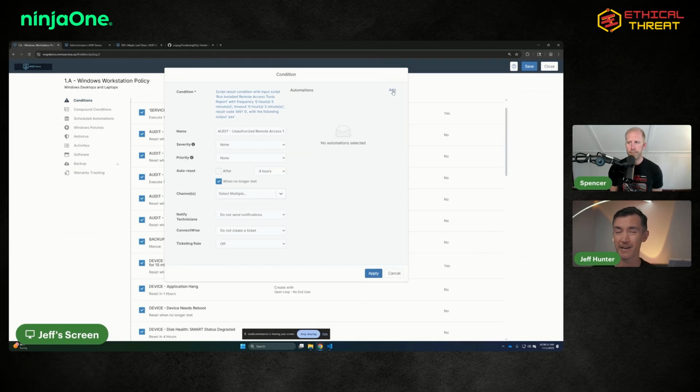But typically with this alert, I think this is a situation where I'd want there to be uninstallers easily present for common remote access tools, but I still probably want to go ahead and have a human being look at this and use their brain and make a decision before just automatically removing remote access tools. That's a conversation that I think is great to have, throughout your organization or with your client, so that you're all on the same page here. I know there have been times where somebody says, "Hey, I'm being very secure and I'm removing this application that nobody should be using," and then later finding out, "Hey, that was actually something that people used." So there's always going to be